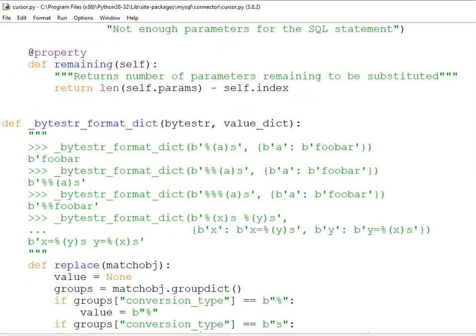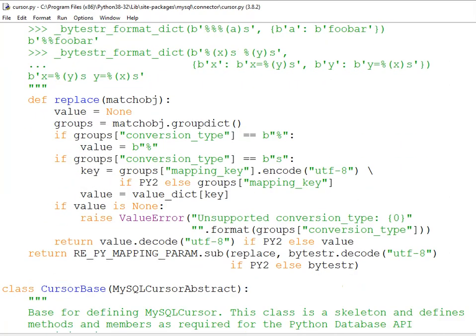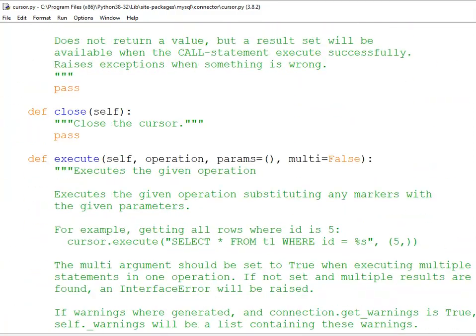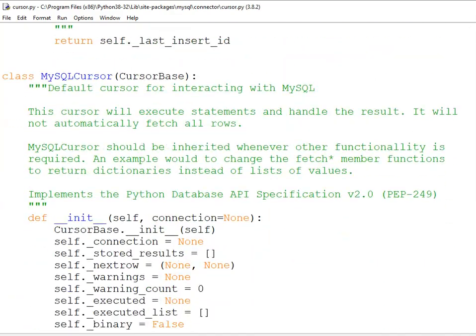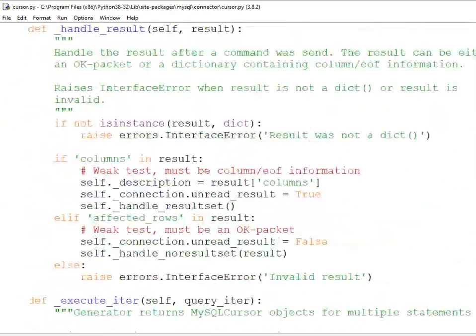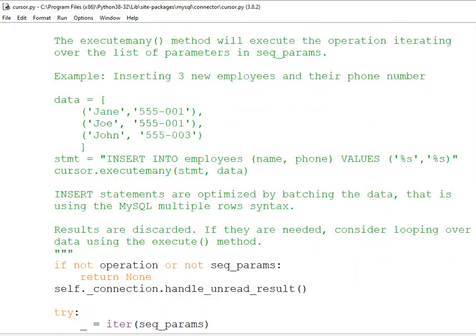Why is it a function? Because we can see this def keyword, which represents a function. And this is a class. Inside a class, we have definitions, we have functions. So this is the entire structure. You can see this is another class. So this is the entire structure of a module.